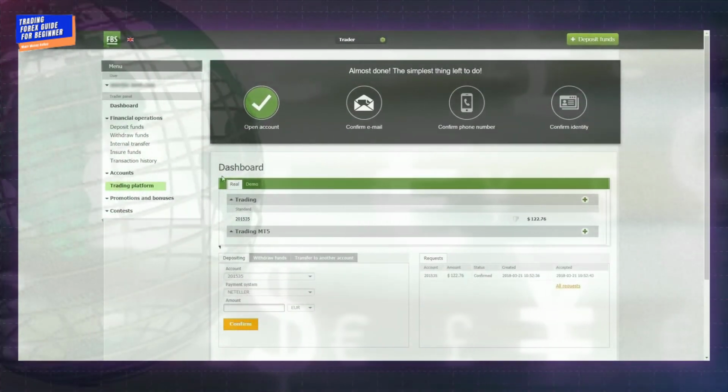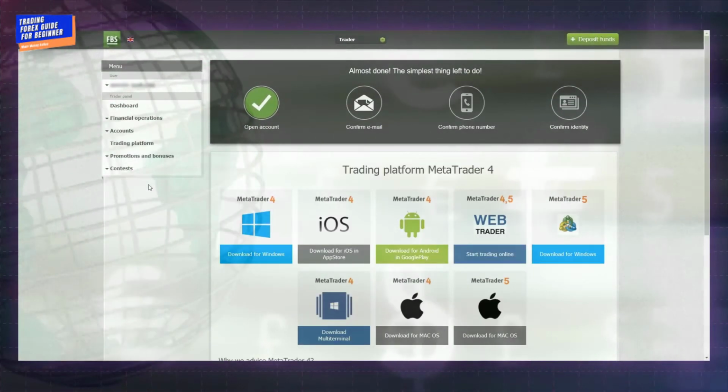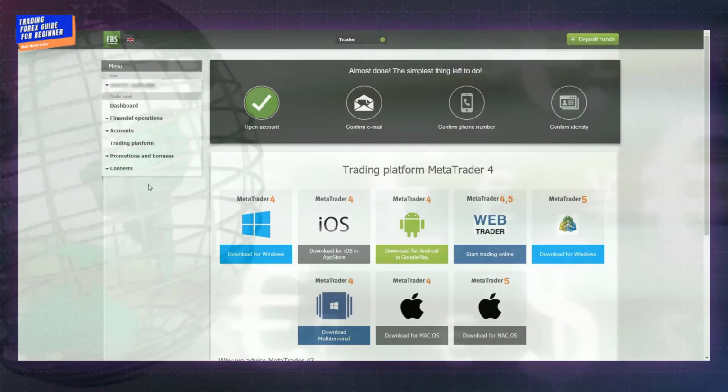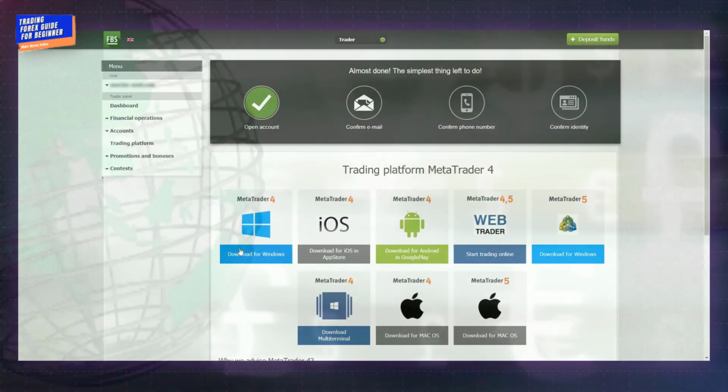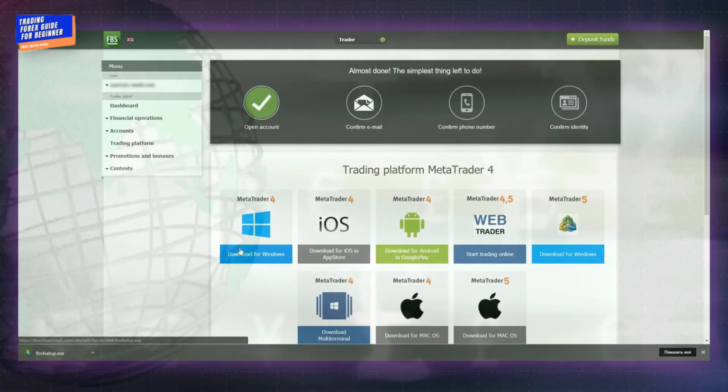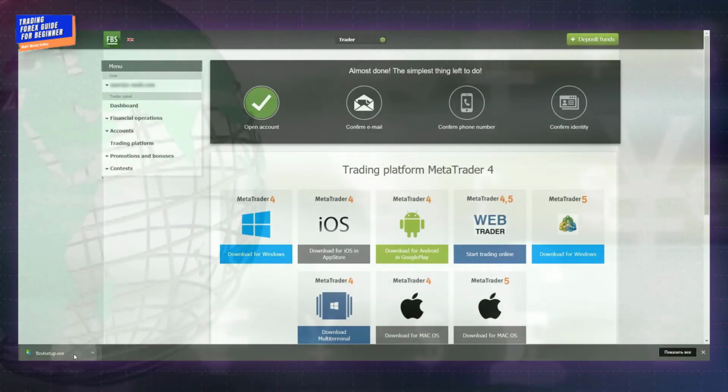Choose the Trading Platform option in the menu panel. Select the MT4 or MT5 option for your system: iOS, Android, WebTrader, multi-terminal. Open the downloaded setup file and follow the instructions to complete the standard